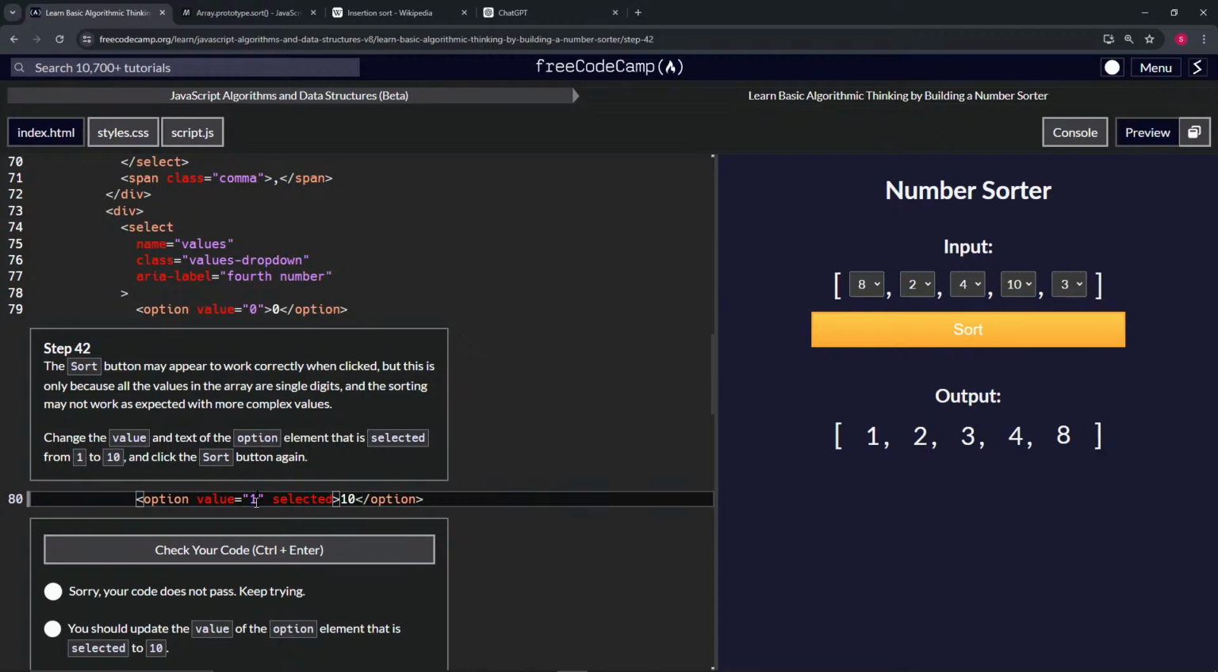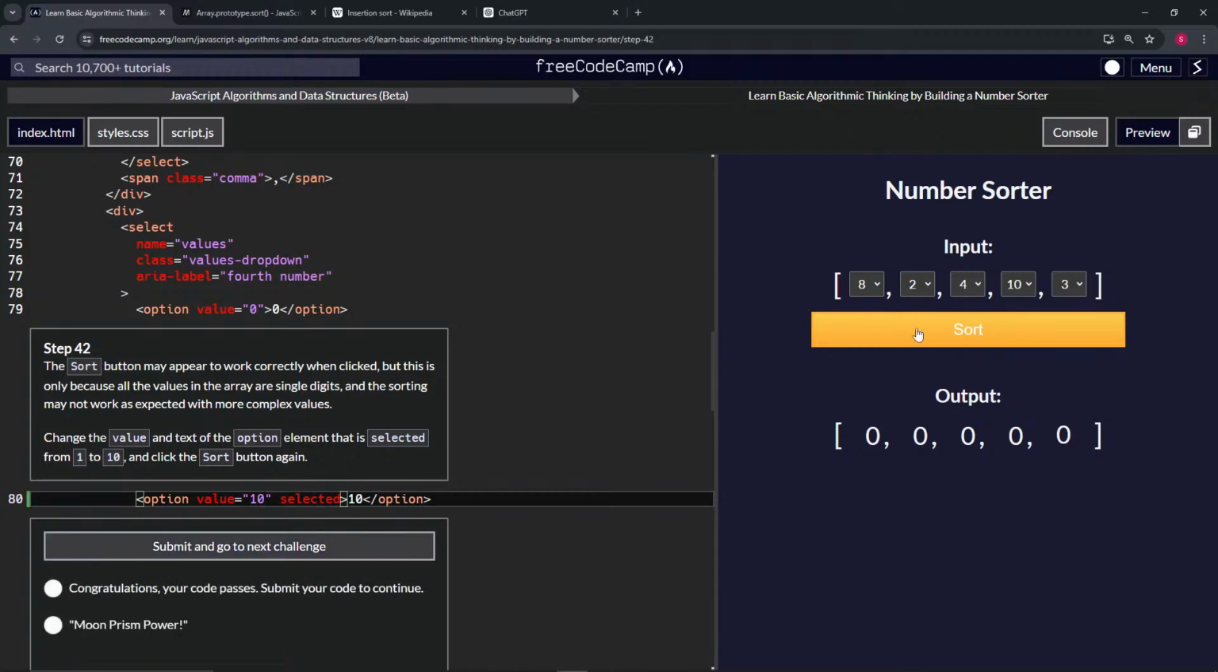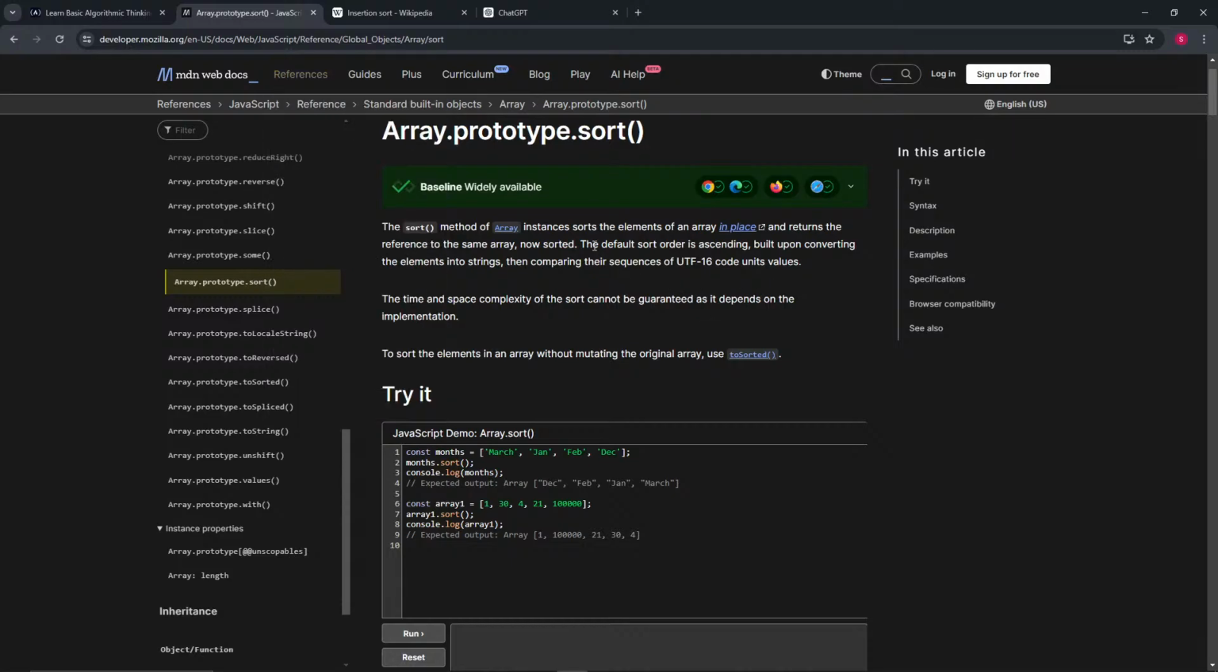Oh yeah, we got to change the value too. Check it. Okay, let's sort it. Okay, so we got 10 right here. And the reason it's doing this is because